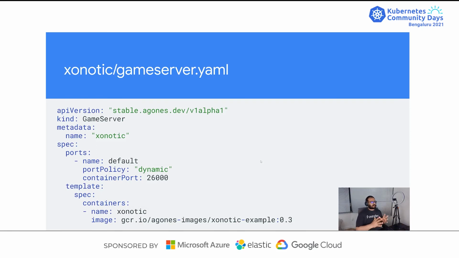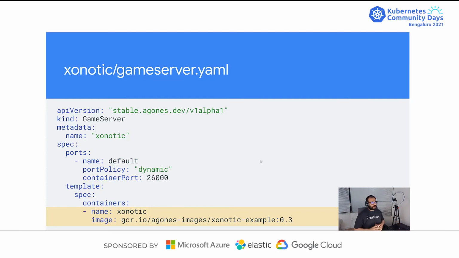If you're familiar with Kubernetes, this sounds almost equally intuitive to you. So in Agones, everything is a game server, the basic fundamental building block. Compare this with a pod in Kubernetes. This is a bare minimum deployment game server, where you can define a name and ports. For the ports, you don't need a dynamic port policy and all; the game server does that for you, unlike in Kubernetes, where you need to configure everything on your own. The final thing is you just pass the image and it will create a game server for you.